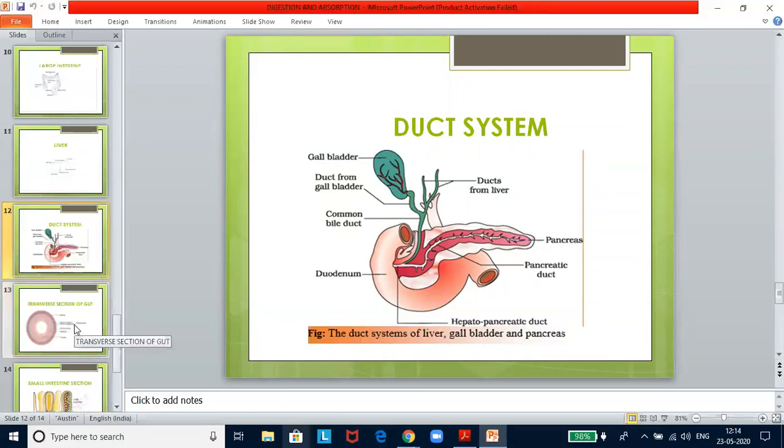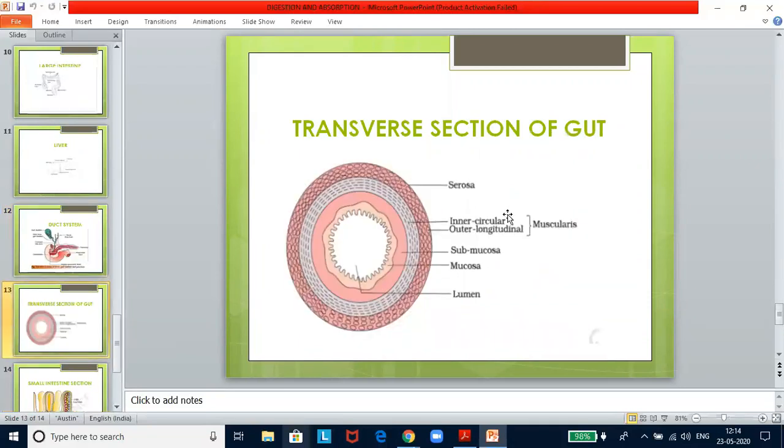Now let us look briefly into the transverse section of the gut, also known as the histology of the gut, because we are looking at the various tissues that make up the section of the gut. The wall of the alimentary canal consists of four major regions of different cells beginning from its cavity or lumen. The innermost layer is the mucosa, which contains the secretory and absorptive cells. At the base of the mucosa are some smooth muscle cells. Just outside the mucosa is the submucosa. It consists of a soft connective tissue layer with blood and lymph vessels and nerve supply.